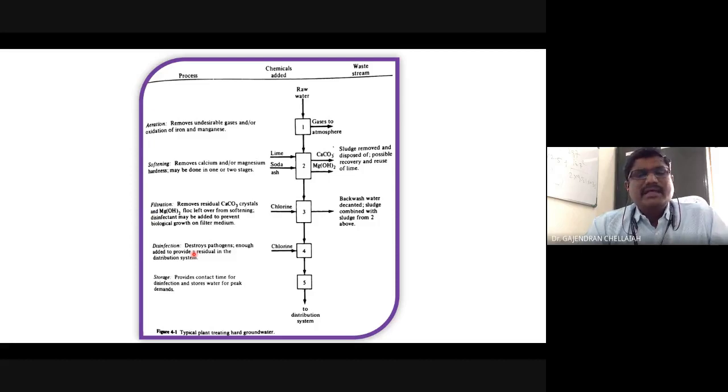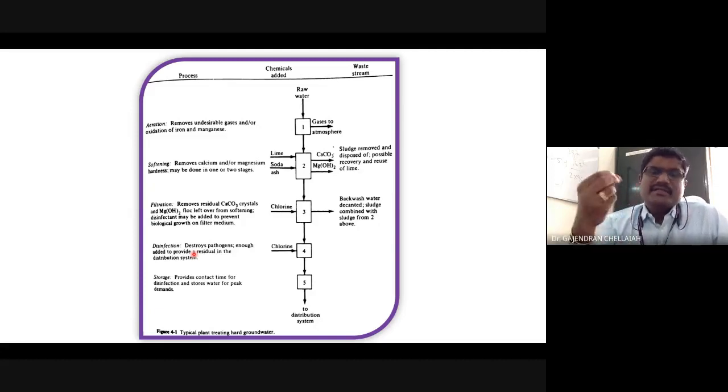How, you may ask, sir? We have treated the water and we are going to supply it, so in between, what is the need for this disinfection, or how does contamination take place? There is a possibility, like breaking of your pipes. Sometimes, because of different pressures or some other physical or environmental conditions, the pipeline may break. If even a single pipeline in your network gets broken or busted, there is a possibility of contaminants getting into the water supply system.